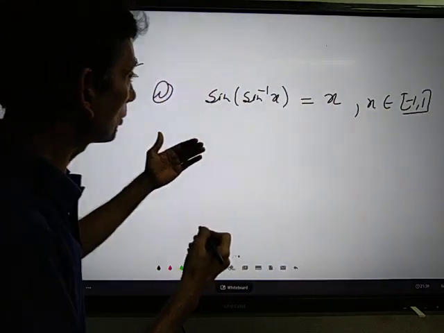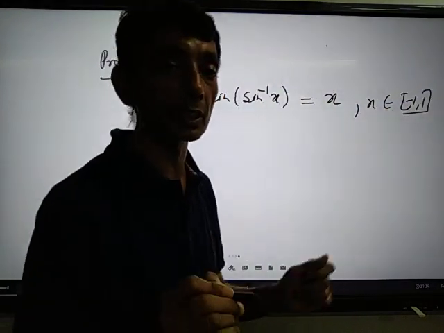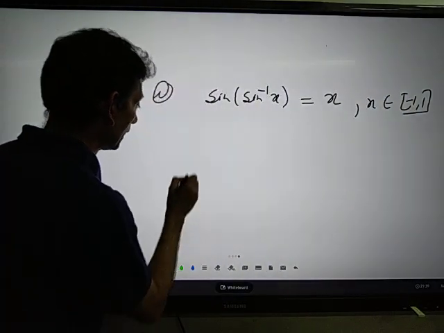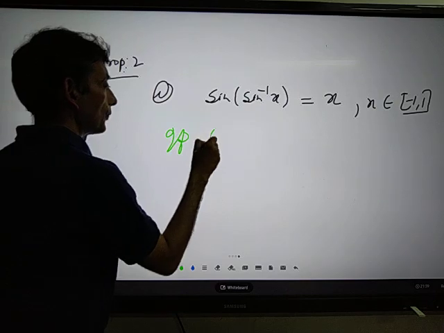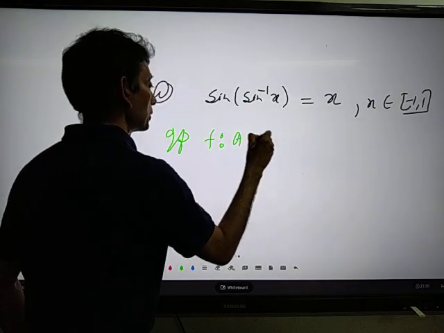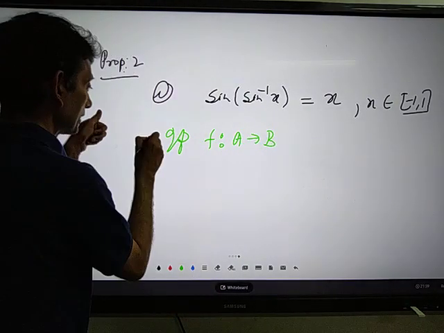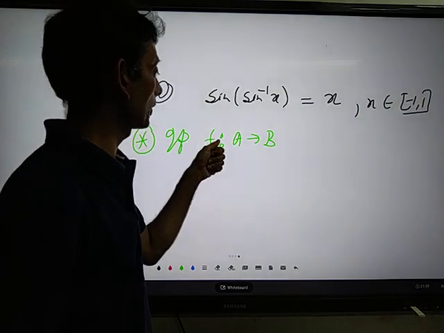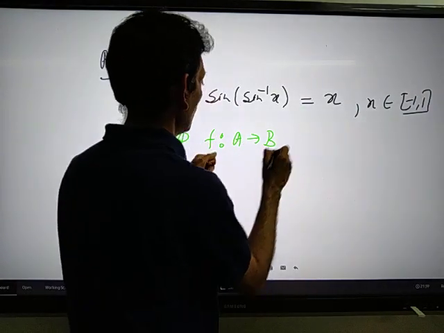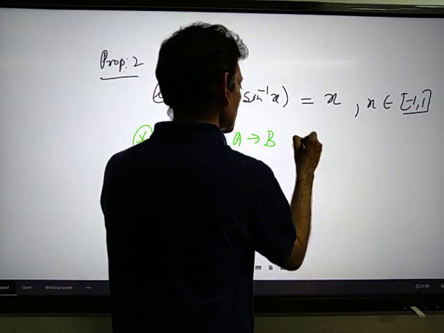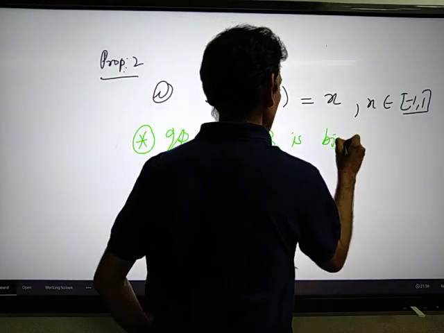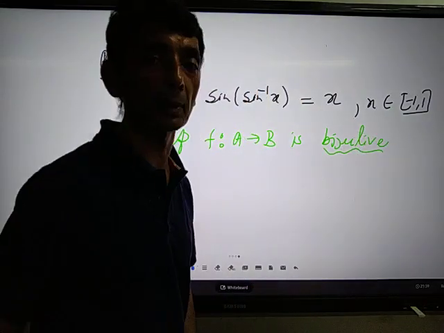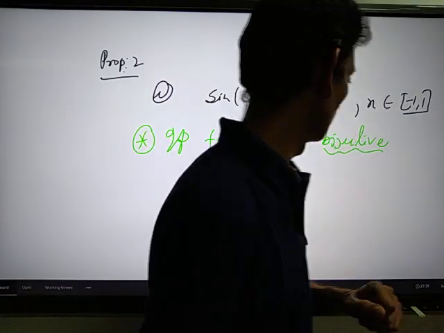Done. So now again, to prove this one, we'll be using the same property. What is the property? I'll just repeat once. If f is a function from A to B, in fact it's a very important property. If f is a function from A to B is bijective, bijective means one-one and onto, then